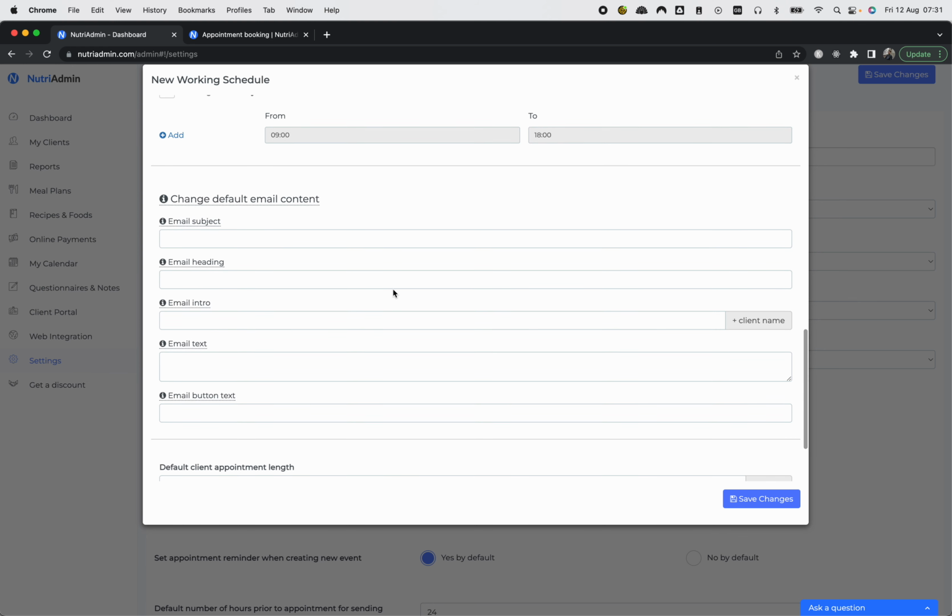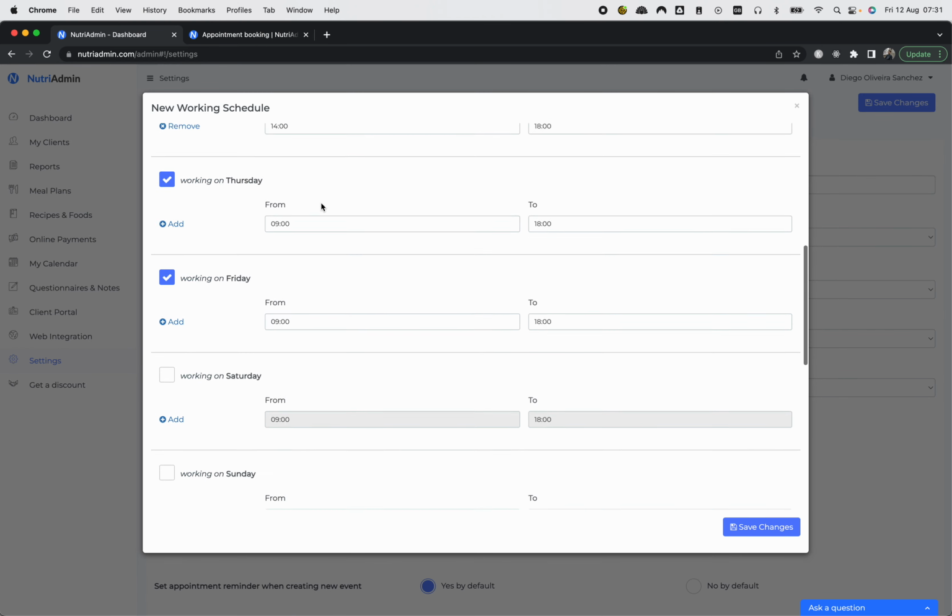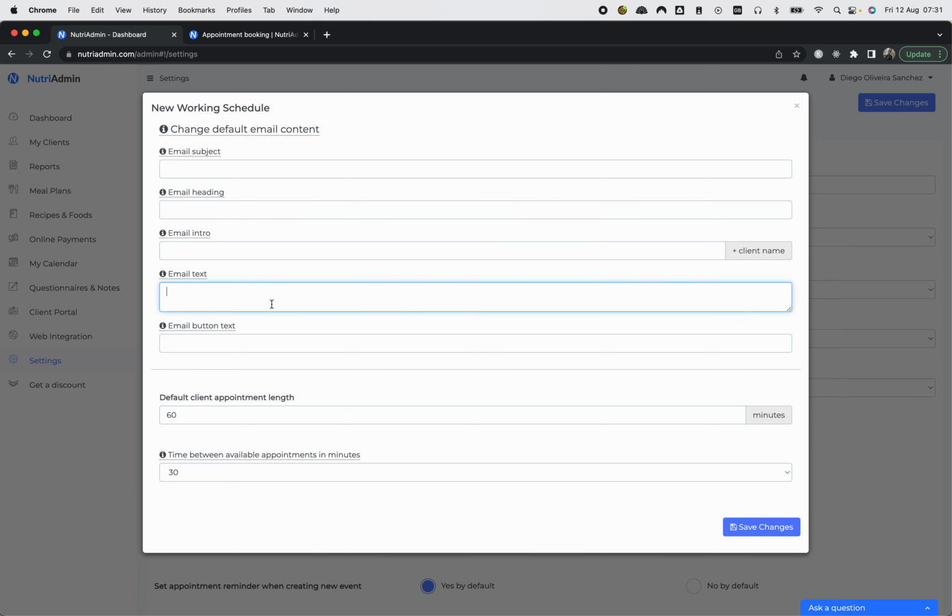Then every time you send an appointment booking email to a client, we call it sending appointment slots in NutriAdmin, the client will receive an email that allows them to book the appointment with you. By default, the email will say something like, please book an appointment, and it will include your logo and email signature, but you can customize it. For instance, since this is an in-person appointment at a clinic, I could write some useful information here, such as,